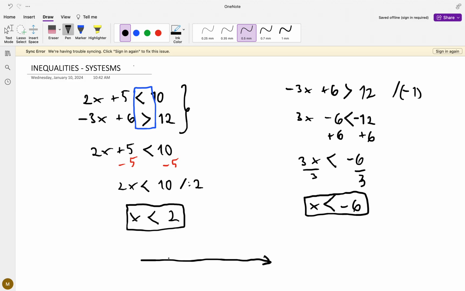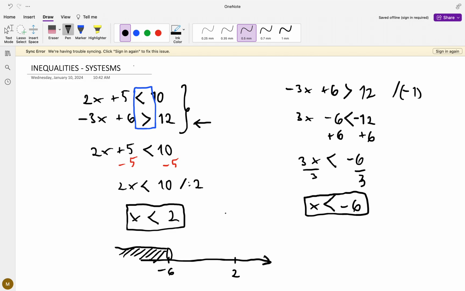So the way you do it, you write the answers on the number line. So we got negative 6 and 2. So in this case, both solutions have to be less than a number. Let's start with this one. Let's start with x has to be less than -6. Once again, our inequality does not involve an equal sign, so we're going to use an open circle and select everything that's less than -6. And that is the answer to the second